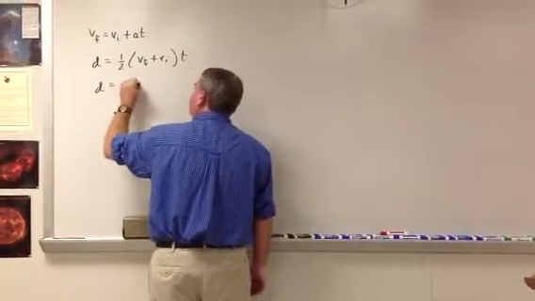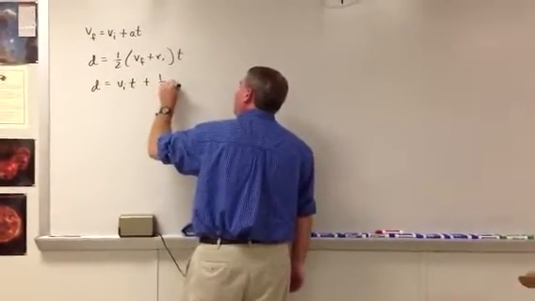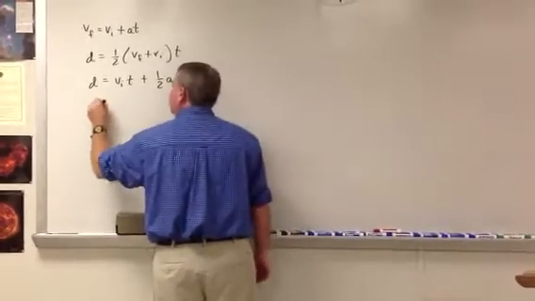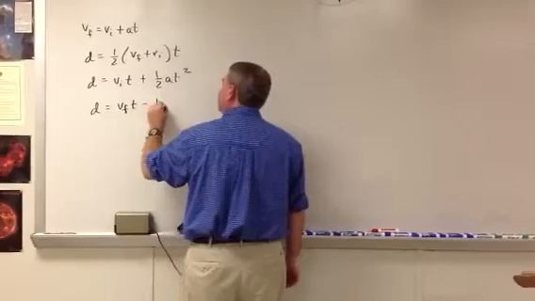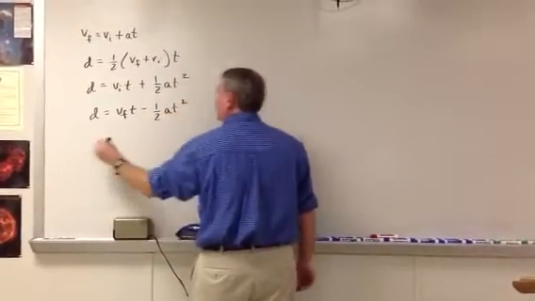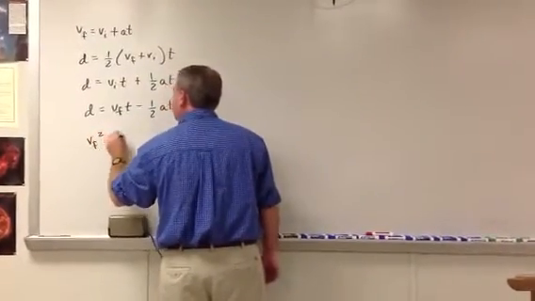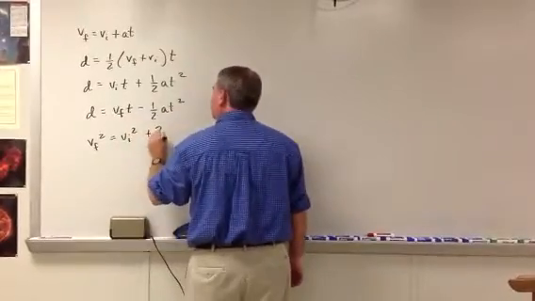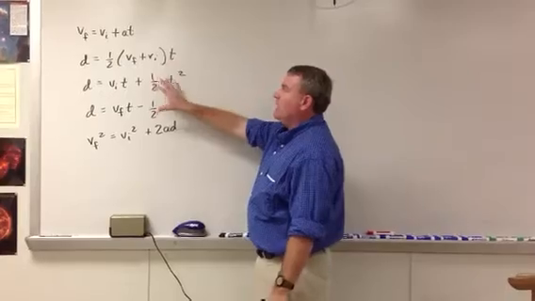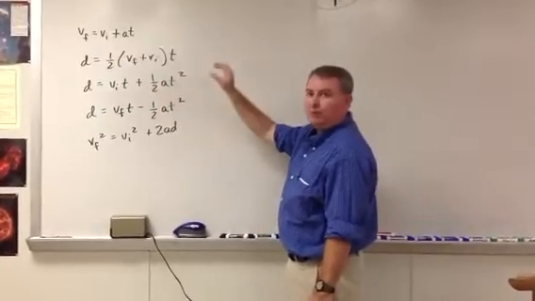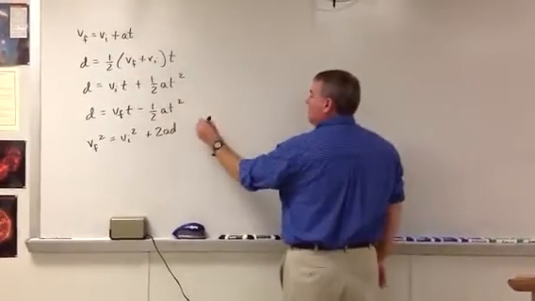Distance is equal to Vit plus 1/2 At squared. Distance is equal to Vft minus 1/2 At squared. And Vf squared is equal to Vi squared plus 2Ad. Now, we're going to take these equations and we're going to make substitutions for projectile motion, because the object is